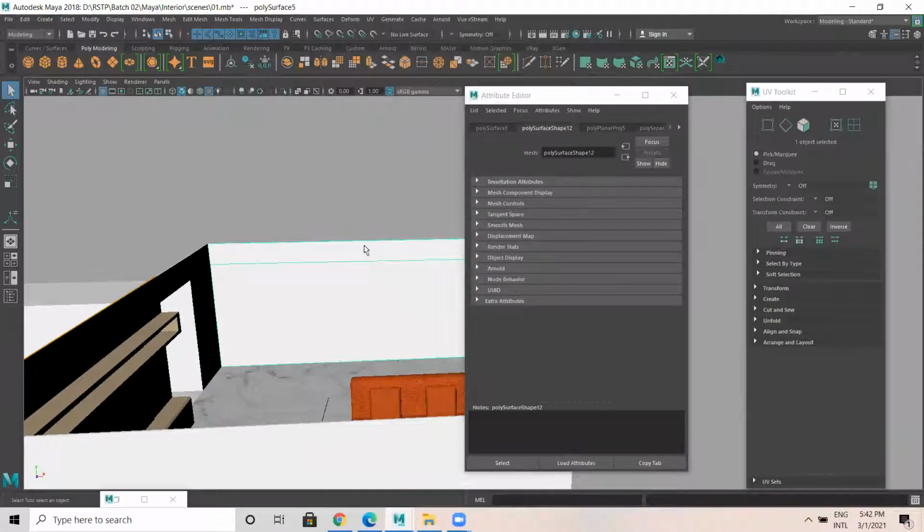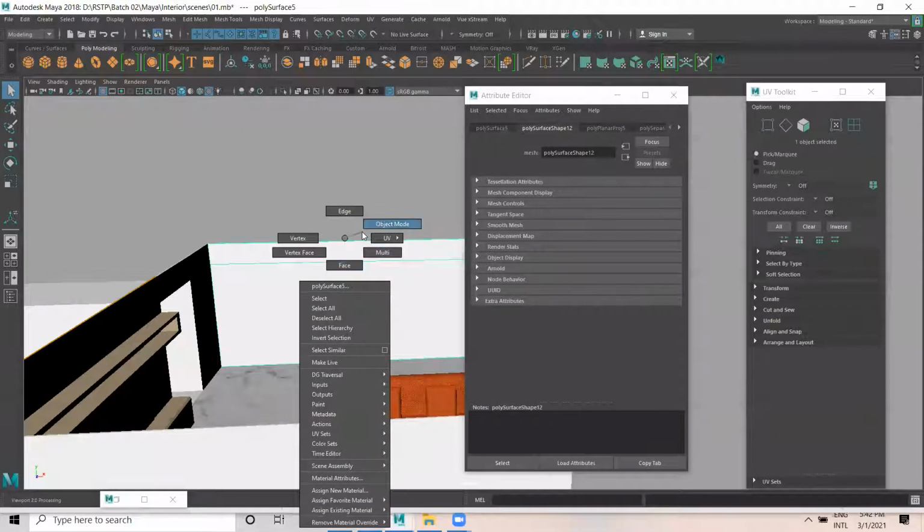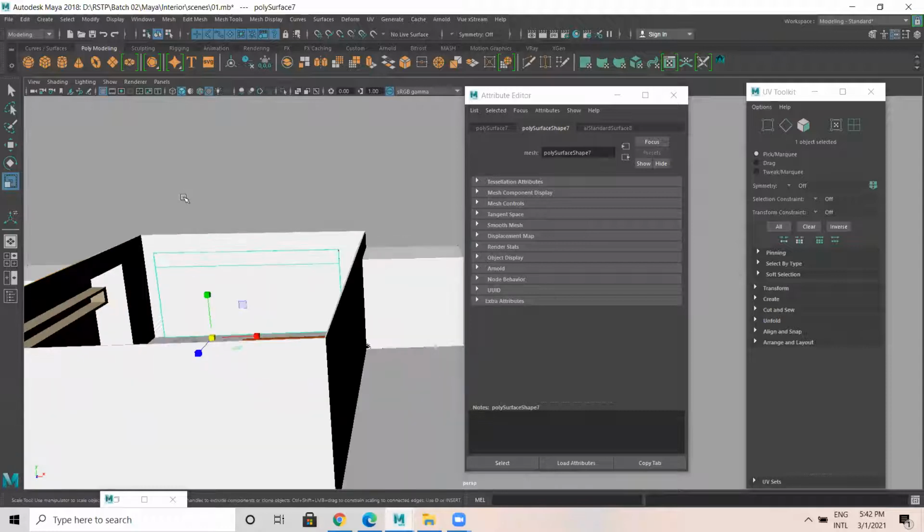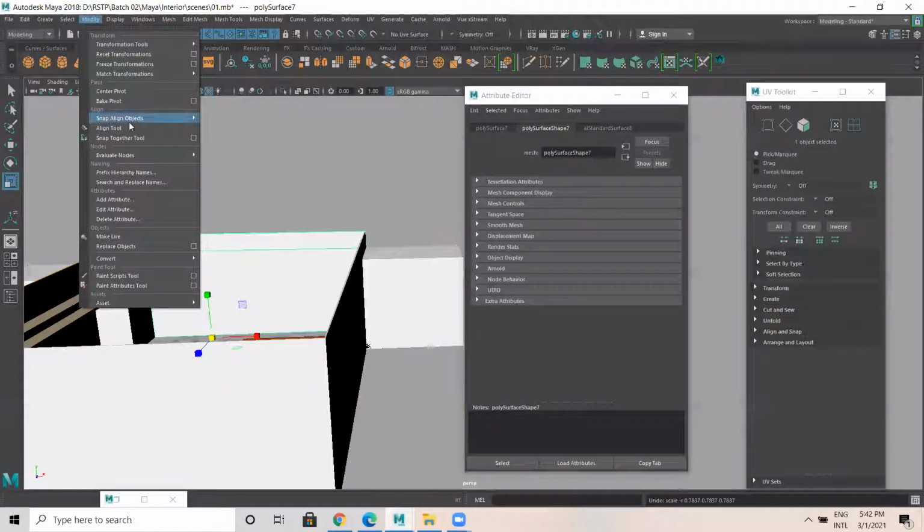I'm going to duplicate this, making it smaller, modify center pivot.